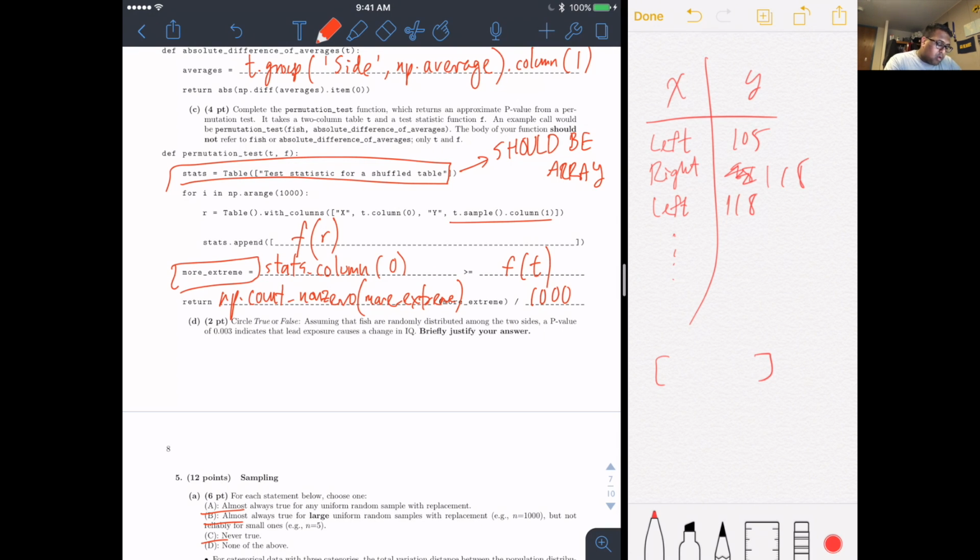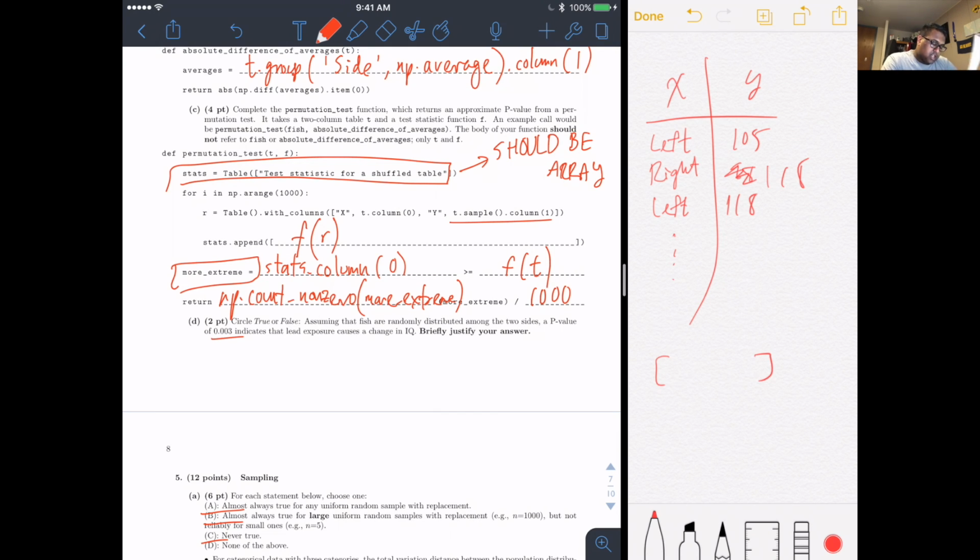A p-value of 0.003 indicates that lead exposure causes a change in IQ. Well, the only way we can conclude this is if we have some sort of reasonable p-value threshold, which is usually 0.05 or 0.01, and this value is significantly less than either of those cutoffs. So we know that we're probably gonna